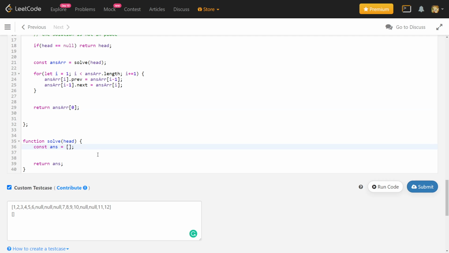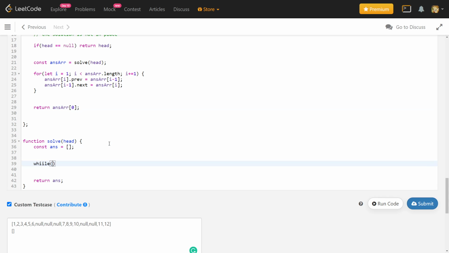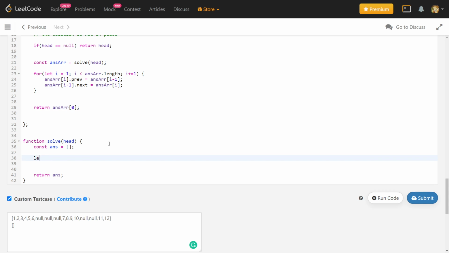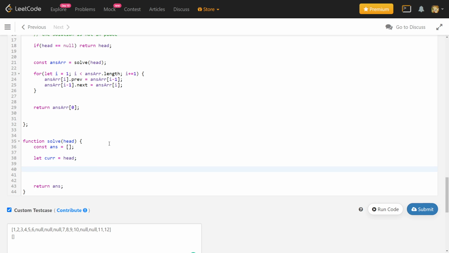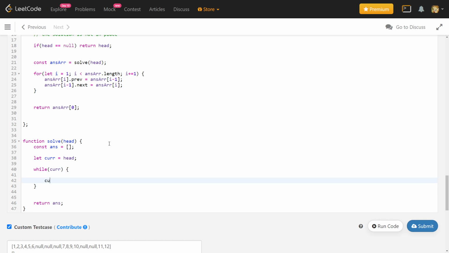So how to go about solving this question? First thing we know is we have to iterate over. Suppose my current node which I am looking at is called curr, and while current is not null, I will loop over this piece of code.